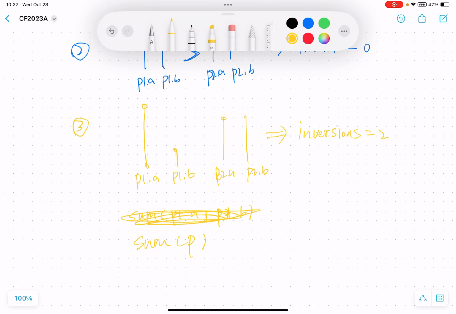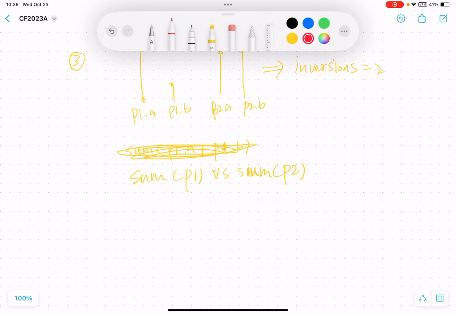That means we can check whether the sum of P1 is larger than the sum of P2, or the sum of P1 is less than the sum of P2. Actually, the purpose of doing this is to provide a detailed order strategy. That means for a specific pair P1 and P2, if this time we made P1 larger than P2,